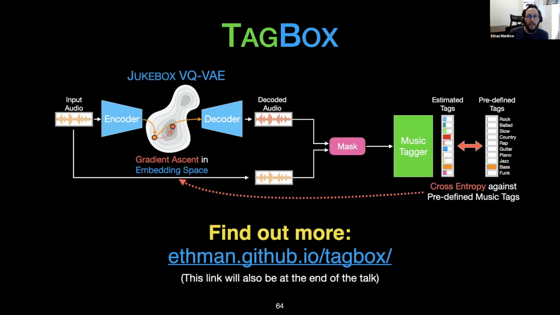Okay, so that's TagBox. With TagBox, we repurposed a generative model and an analysis model and coerced them into doing source separation without retraining either one. This, again, is another project showing off the symbiosis of generative modeling and musical scene analysis. If you want to know more, I'll be presenting TagBox next month at ICASSP.